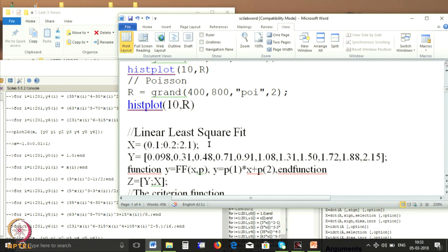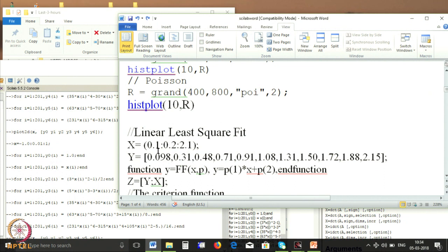Do not worry too much about the algorithm in Scilab, because Scilab is a very advanced software, whereas our Fortran programs were very straightforward; linear least square fit, or a polynomial least square fit, had unique solutions. So, we have shown you how to do the programming. Now, we will show you how to do the same linear least square fit using Scilab. In this case, my data x varies from 0.1 up to 2.1, spacing of 0.2. So, how do I give it?